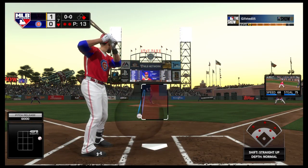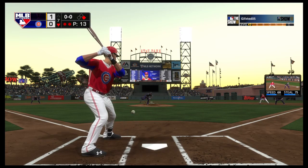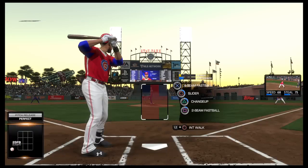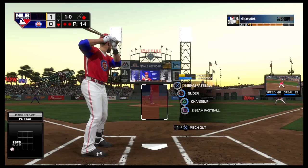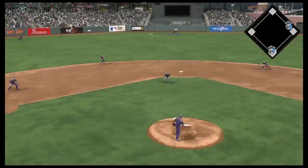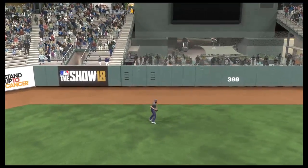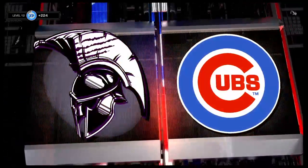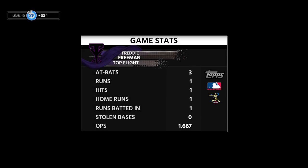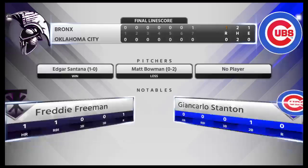Here's J.D. Martinez. He'll be looking for something he could drive into the gap and drive home that tying run from first. 1 ball, no strikes to count. Here comes the 1-0. Line drive to center field. But this is taken in as a perfect metaphor to end this one, as that ball was hit hard, but the ball game is over. As we wrap this one up tonight, it's time to show our appreciation for the